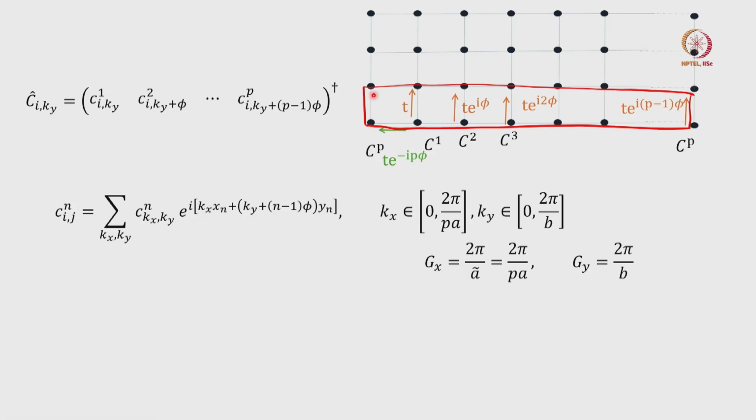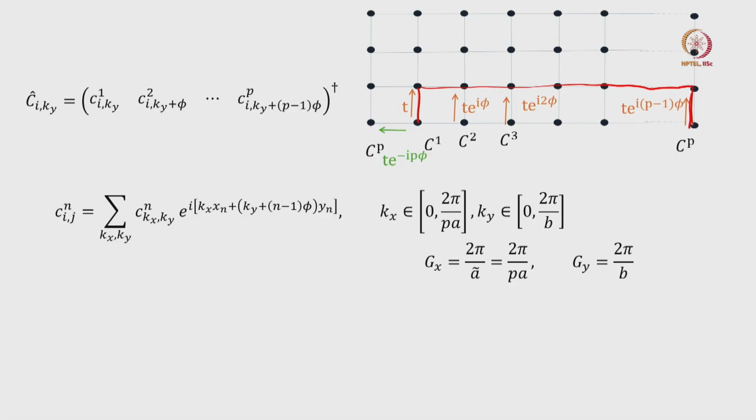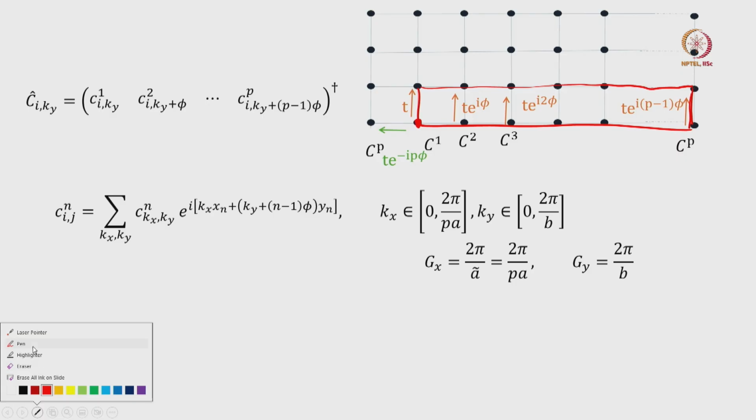So here the hopping is T, here the hopping was T, and the way this is defined, we start from here. Recall the fact that at 0 there is no chiral phase, whereas here there is a chiral phase which we denote by phi, because the total flux is